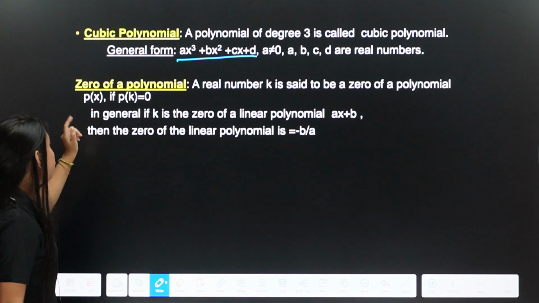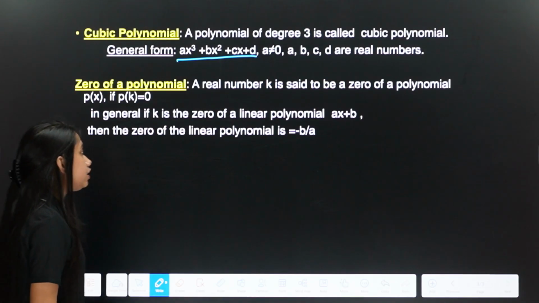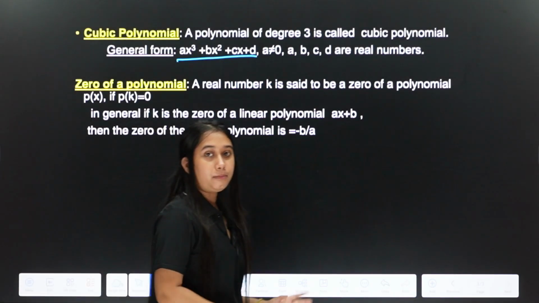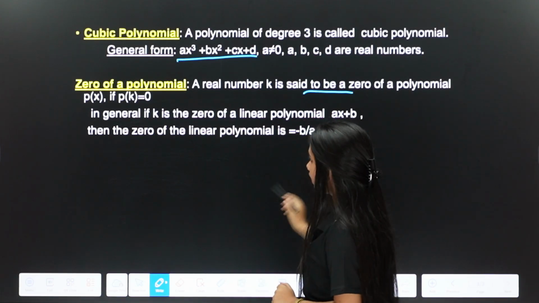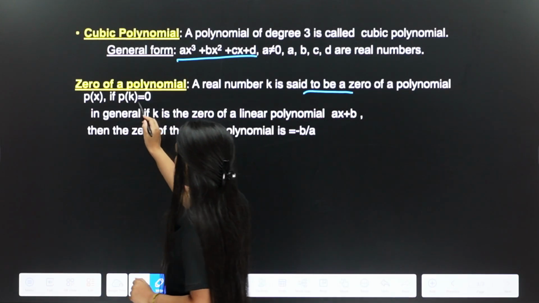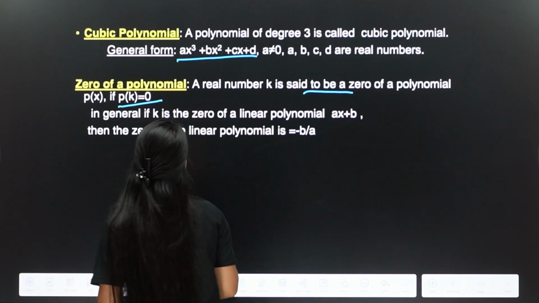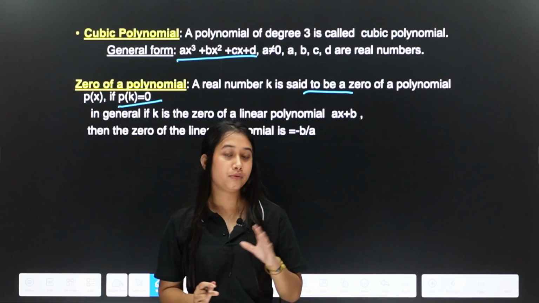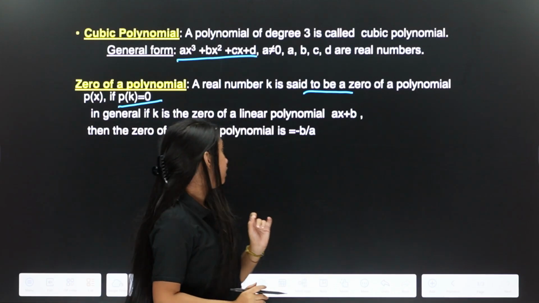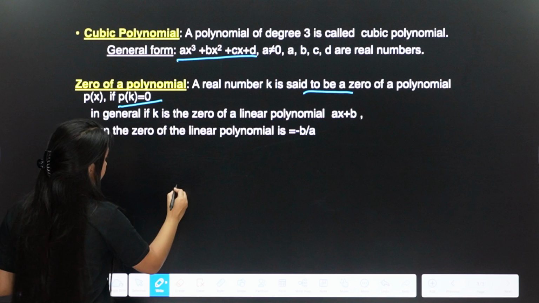Next, come to the zero of a polynomial. What is a zero of a polynomial? A real number k is said to be a zero of a polynomial p(x) if p(k) is 0. That is, if we put the value k in place of x, we will get 0. For example,